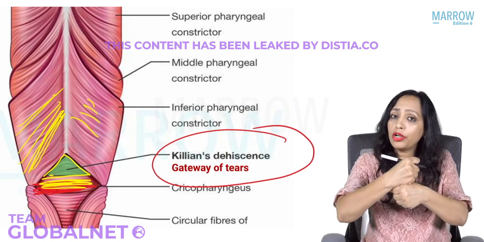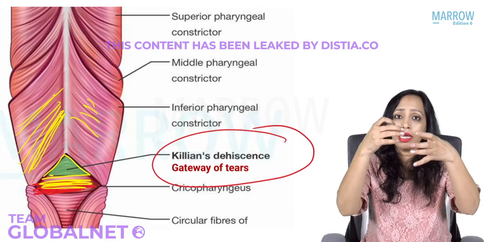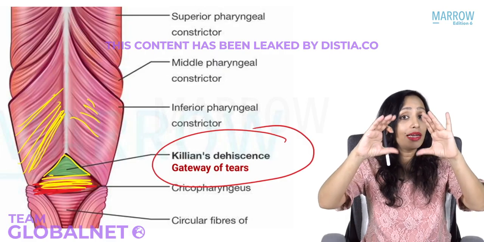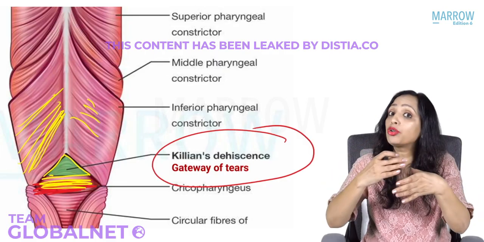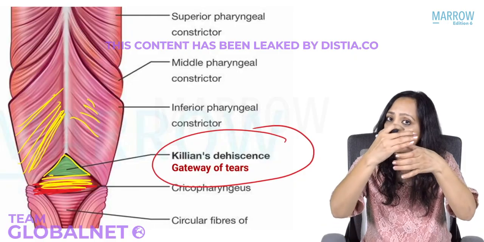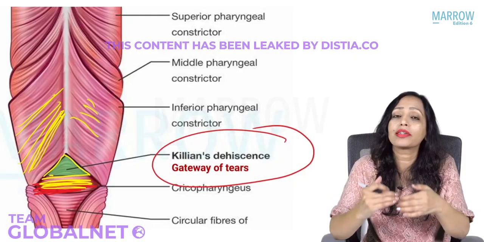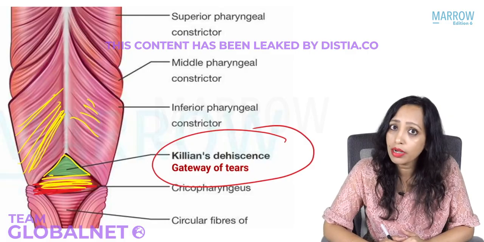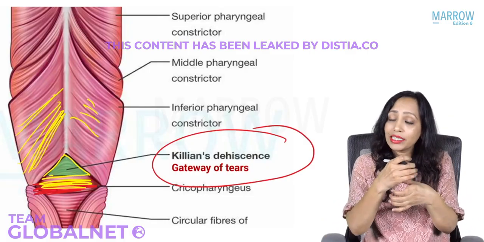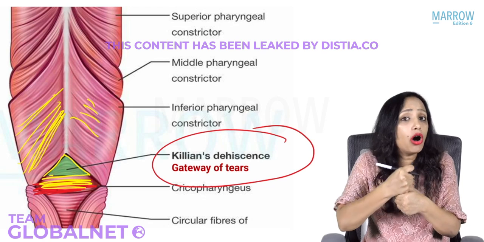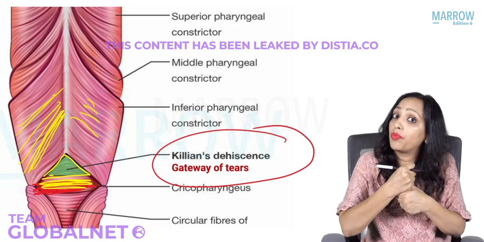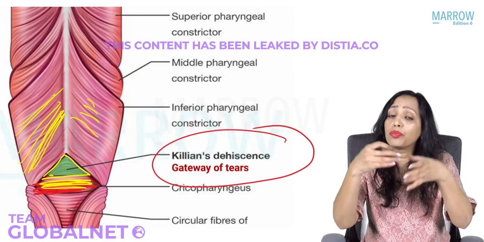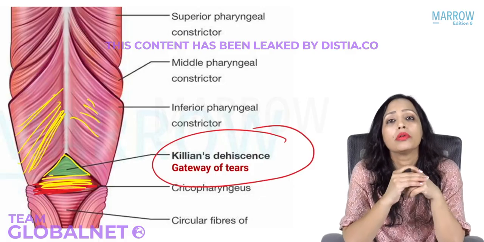So it is closed. It opens when? Only when the pharyngeal muscles contract, with the help of the dilators and the constrictors, when they contract to push the food down. With these contractile movements, the upper esophageal sphincter opens and the food goes down, right? Now, if the activity, the sympathetic activity of the upper esophageal sphincter is very high, what happens is that when the muscles are contracting to push the food down, it fails to open. It is not opening at all.